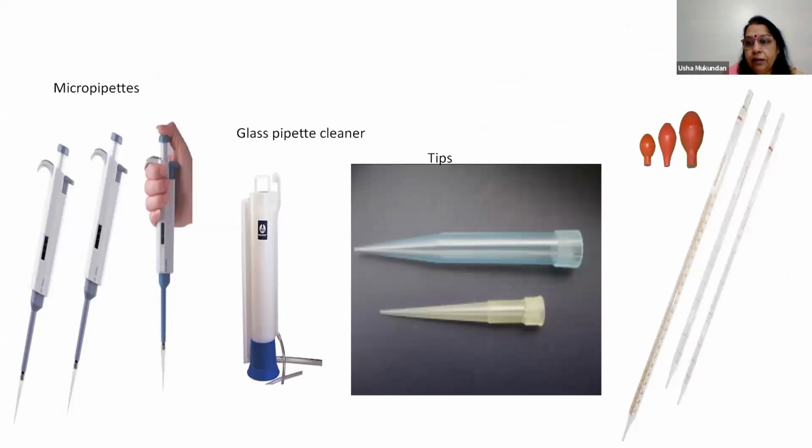Now micropipette. I have purposely shown this. Mouth pipetting is totally not allowed. There are retrievers which are available, so you can use retrievers, and by using a retriever, you can aspirate whatever liquid you want to take. But the pipettes also come with these rubber bulbs, and these rubber bulbs can be used for aspirating the liquid.